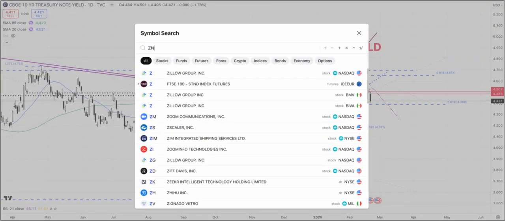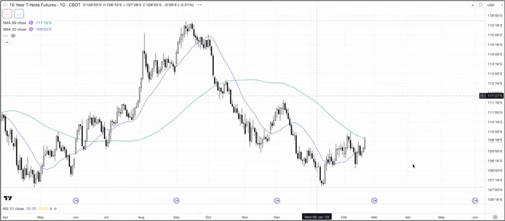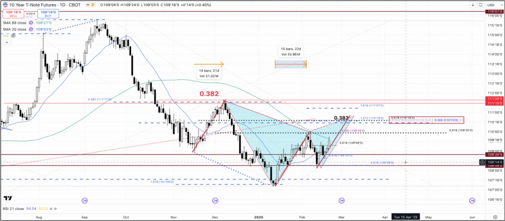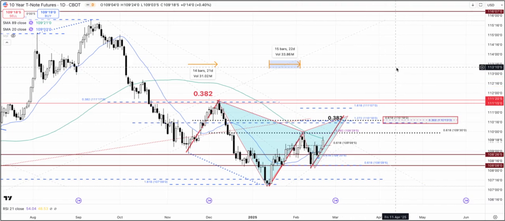So let's take a look at this on the futures chart. This is the 10-year treasury note futures. This is the daily chart, and this is what we were discussing last week. The market went right into the 61.8% retracement, pulled back to the 61.8% retracement from this low to this high, so range bound formation. Then it has had 3 consecutive positive closes. Chances are we are in this one-to-one price projection to the upside, so 110.15 might be in play.